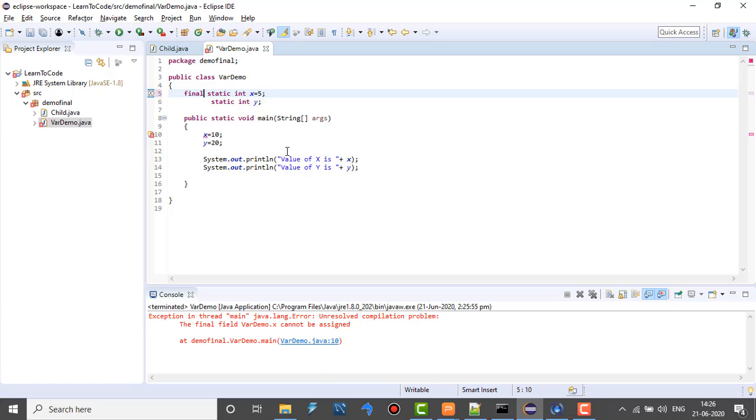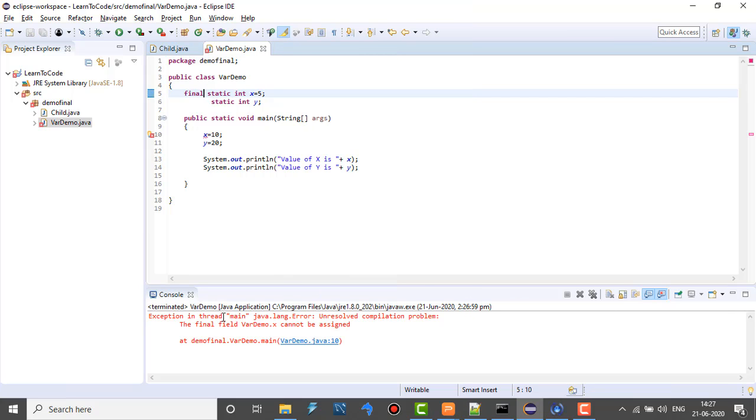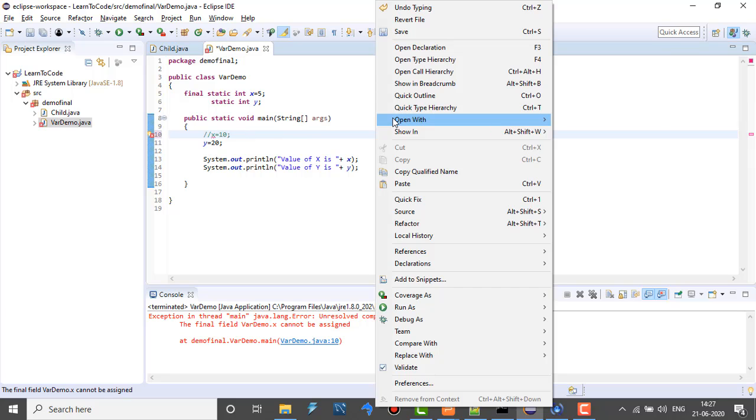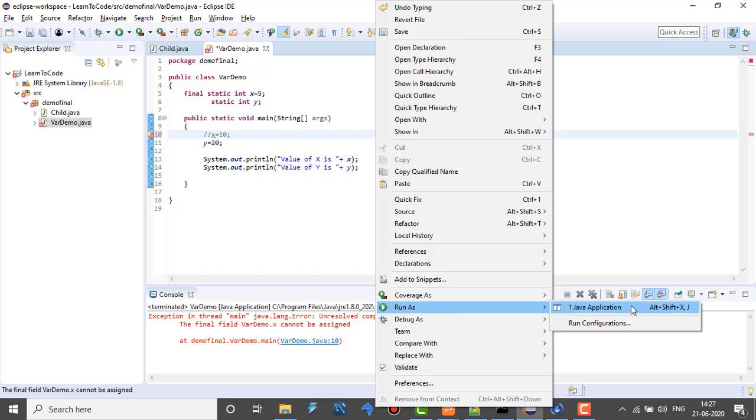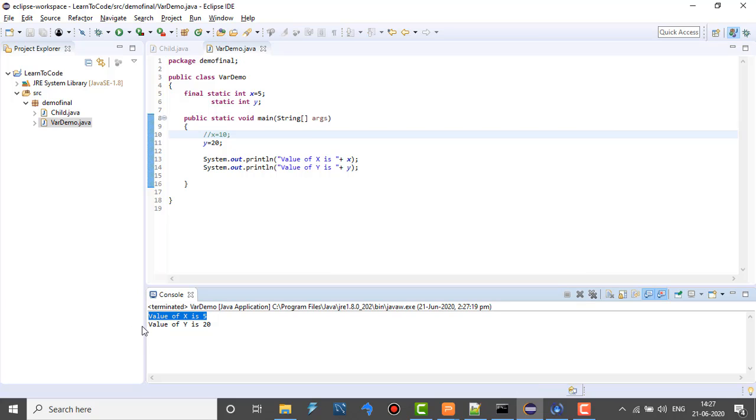Okay, so if again I try to run this, the final field VarDemo.x cannot be assigned. So now if we want to print the value of x, we'll comment this line and try to run it again. So you see we have got the output, value of x is 5, value of y is 20.